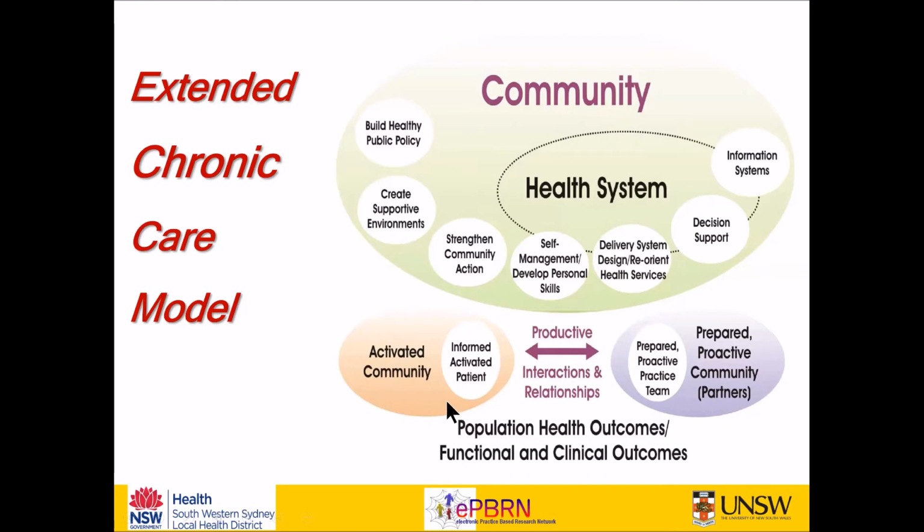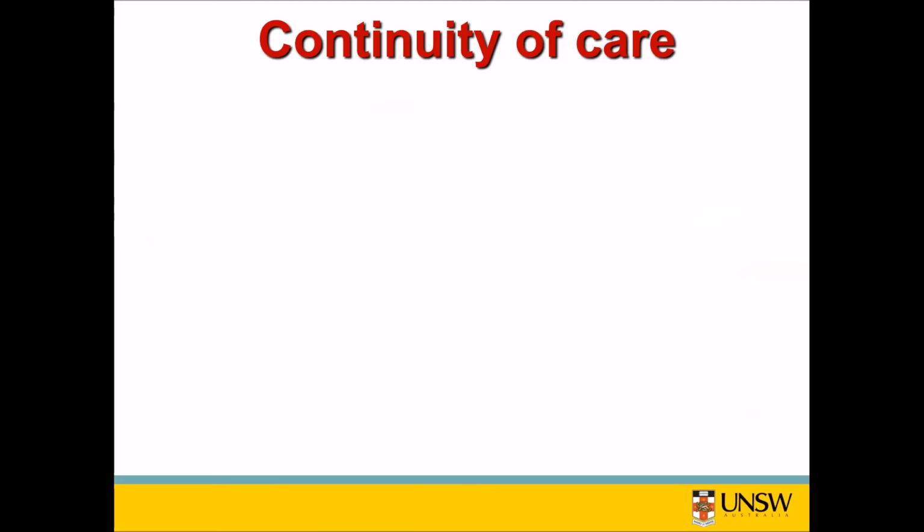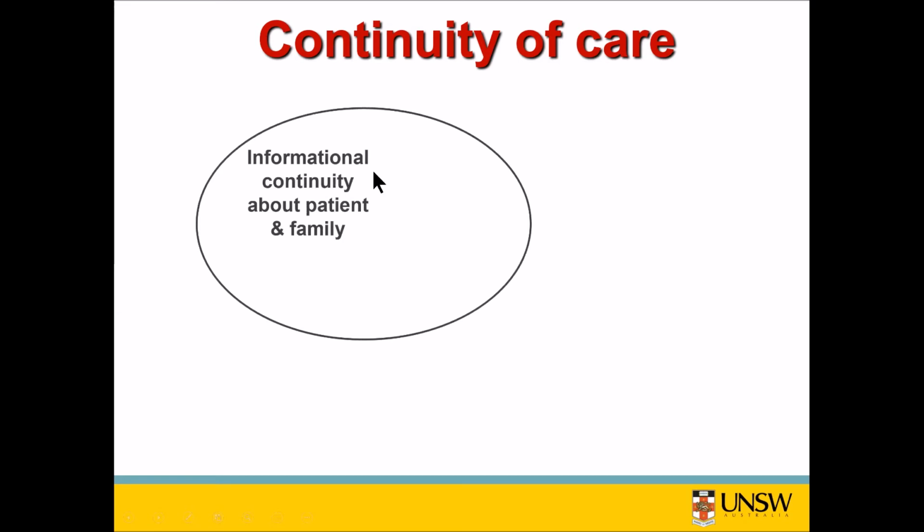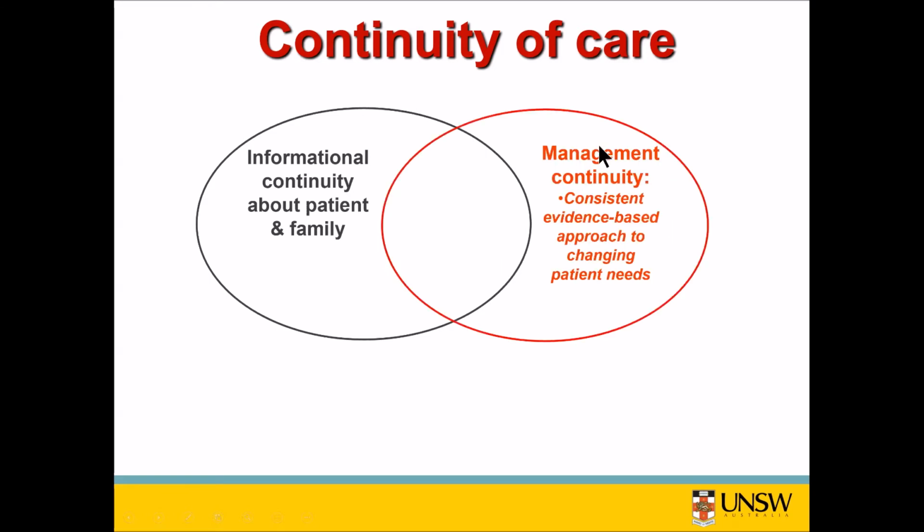And the other model that's relevant to what we're going to present tonight is continuity of care. A lot of us understand continuity of care to be composed of three elements, three categories. One is informational continuity, where you have information about the patient and their families. The second one is management continuity. These are evidence-based protocols which give a consistent approach to changing patient needs, so the management plan is co-developed with the patient and agreed within the team. So you have a consistent management of the patient by the team,